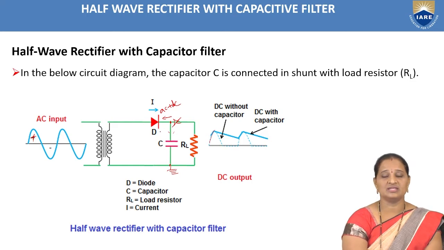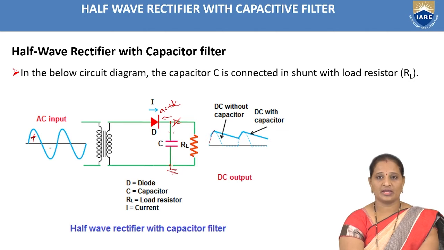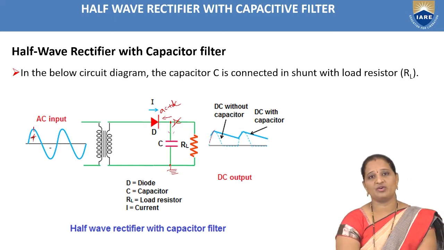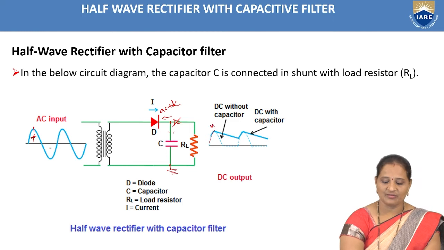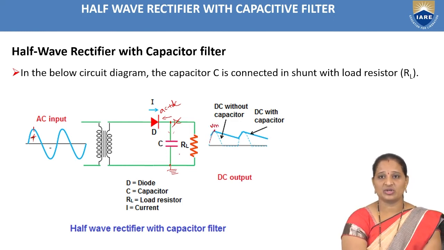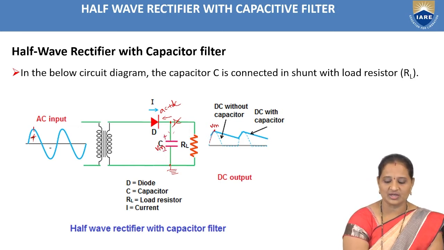The diode D is forward biased and it is short circuited. So there is a flow of current through the diode and through the capacitor. As there is a current flow through the capacitance, the capacitor will be charging. And the capacitor will charge up to the maximum value of input voltage, that is Vm. So once the capacitor has charged to its maximum value Vm, the voltage across the capacitor is equal to